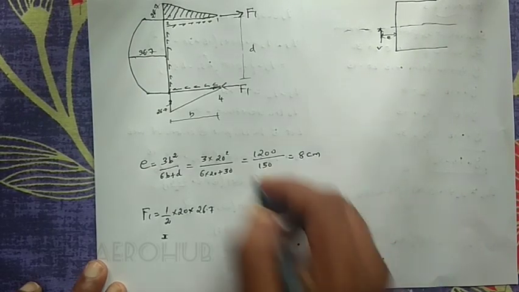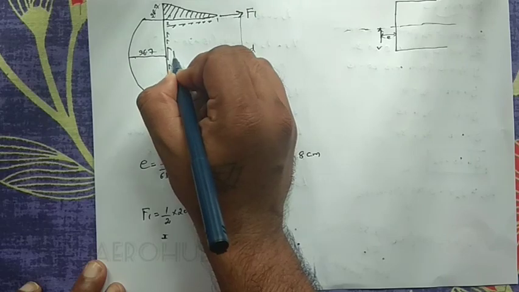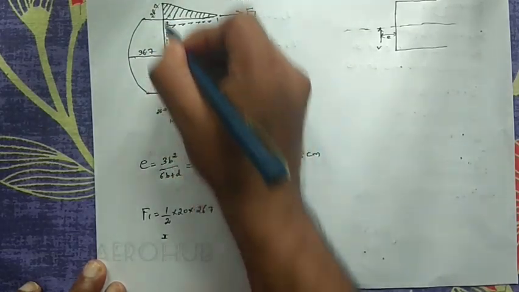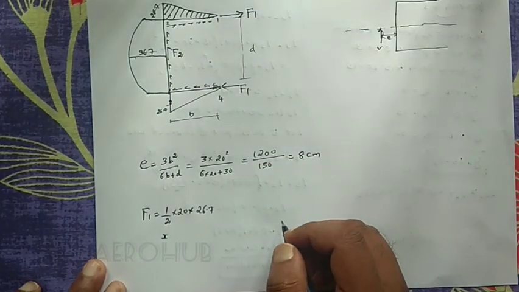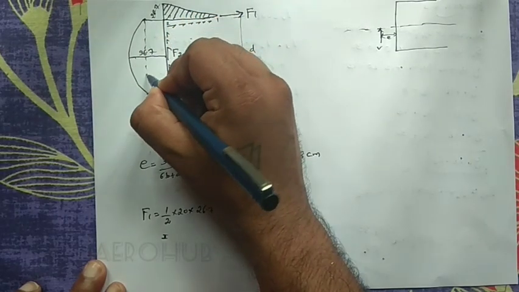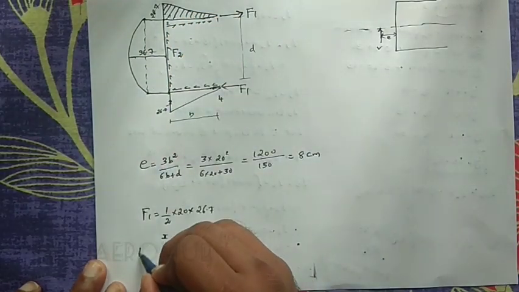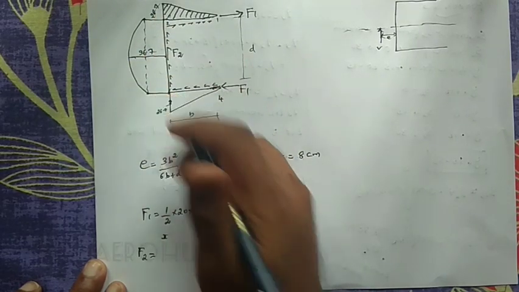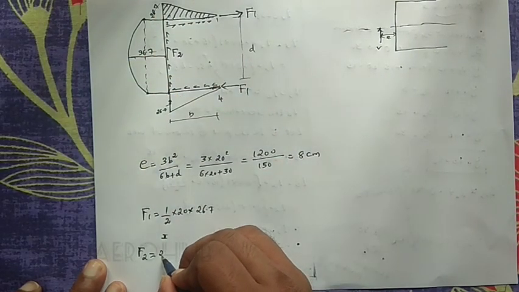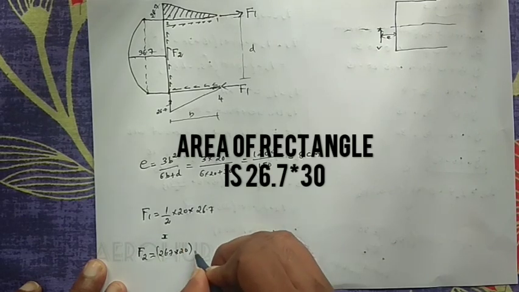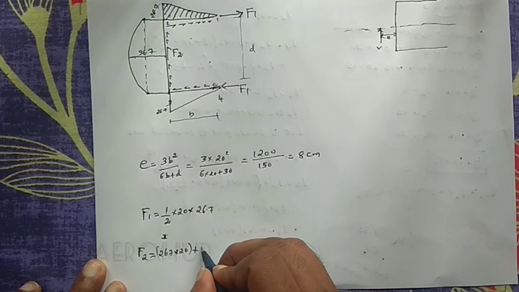And F2, this will be F2. F2 is nothing but the value of shear force acting on the web. Here we have a rectangle. So F2 will be equal to, the area of the rectangle, 26.7 into 20, plus we have a parabolic arc. That area will be